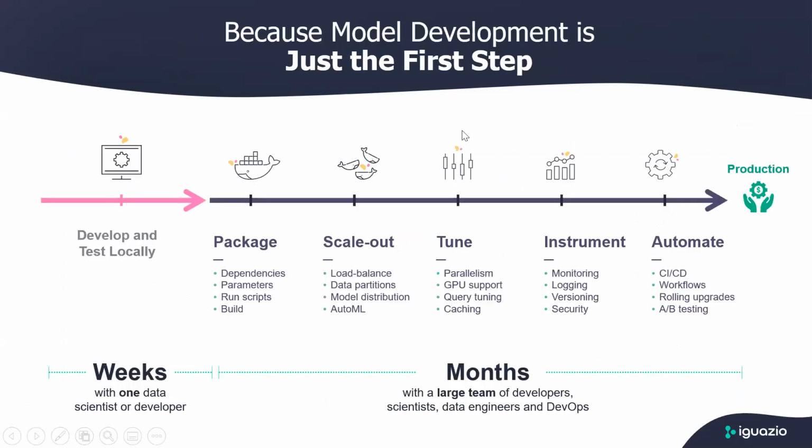Okay. So once you've developed your code, which may consist of a model or some glue logic or some data engineering code, you have to go through a long process of operationalizing that. You have to package it usually in containers and builds and scripts and conduct local testing, and then you have to scale it out to meet the demand.